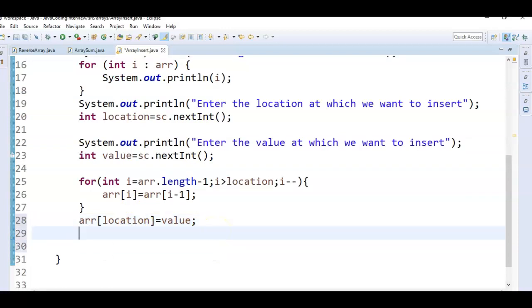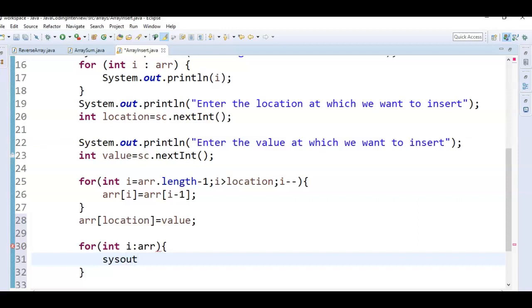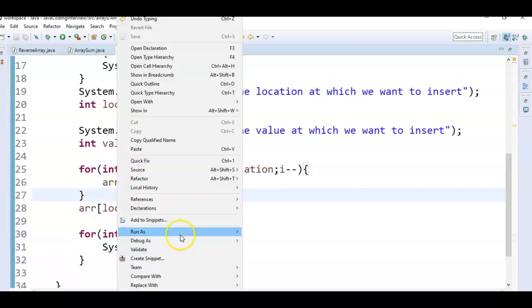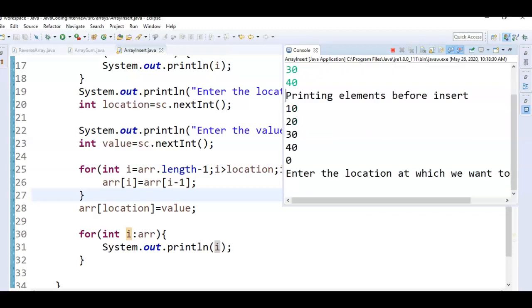Finally, we are going to print the elements in the array. Enter the elements 10, 20, 30 and 40.